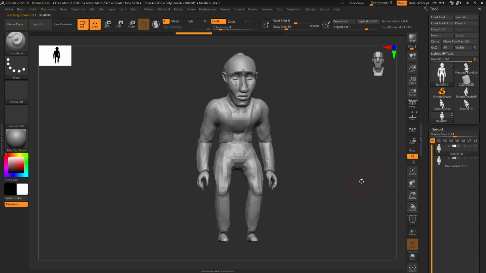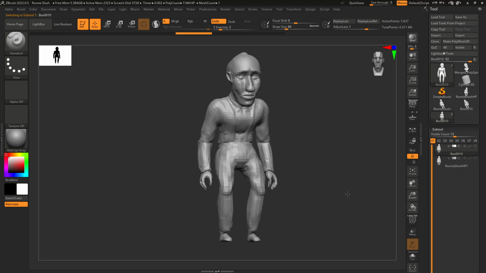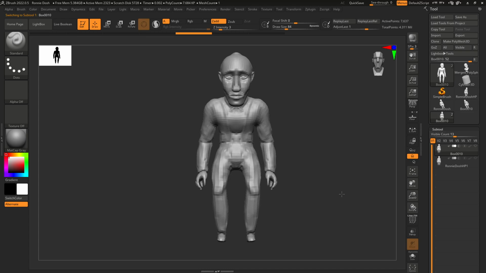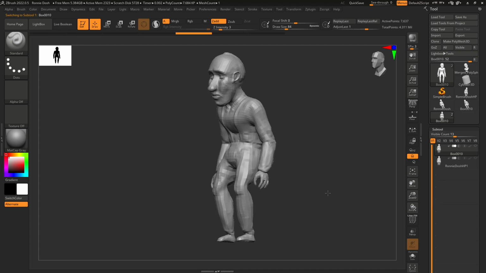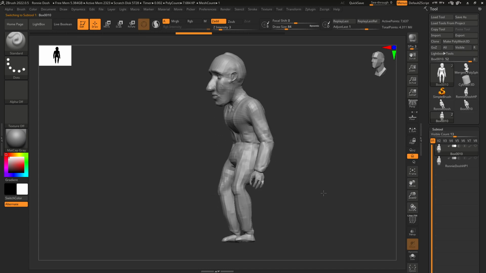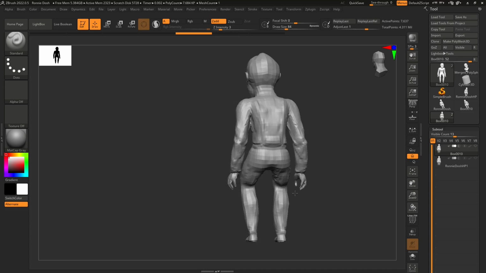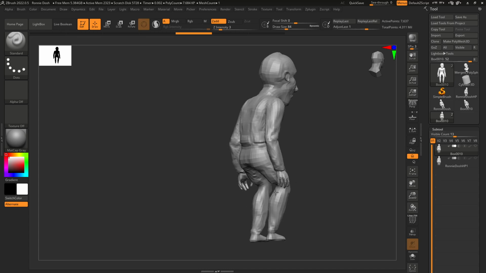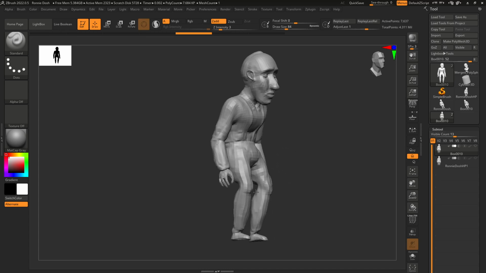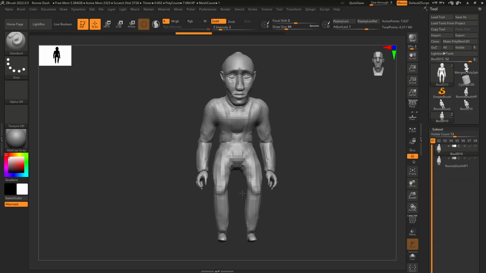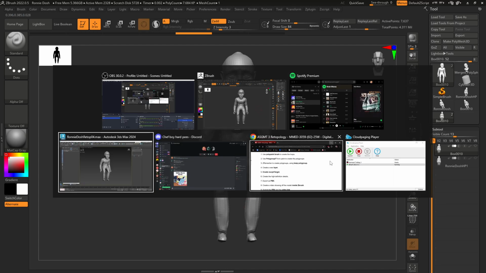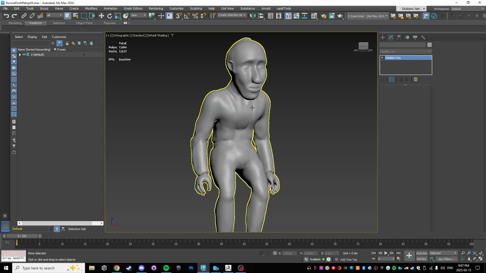For the low poly, I actually did this in Max. I didn't do this in ZBrush because I'm a little bit more comfortable with that. I did lose some definition, and the smoothing groups in Max didn't come through. I'll still do the spin around and then show you with the smoothing groups in Max. So I have that. And then this is actually the